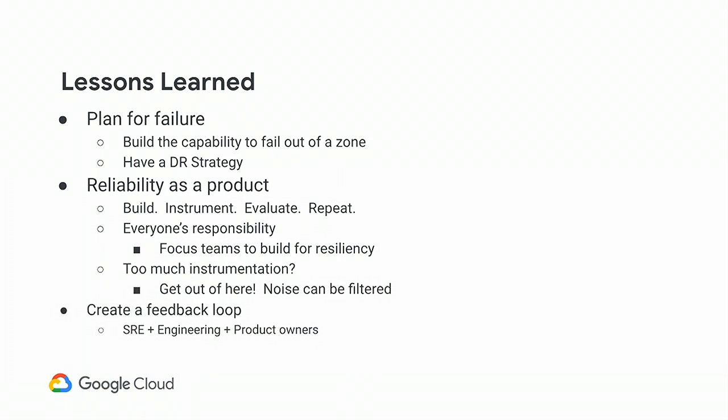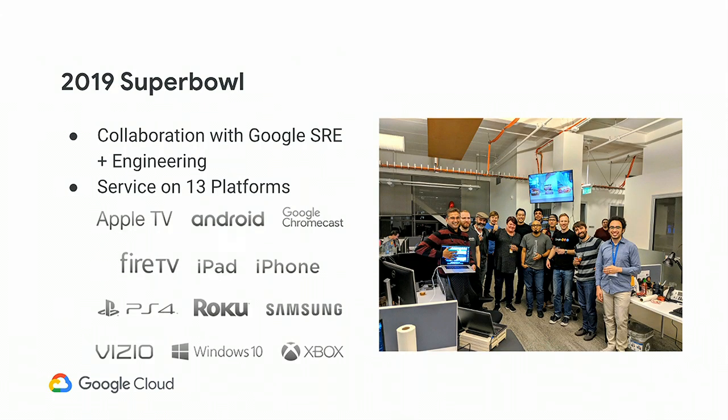Create a feedback loop. I think this is one of the bits about building out an SRE culture. You have to be in a situation where you have a blame-free culture that allows instrumentation to get surfaced and not have the person that's reporting the issue be blamed for X, Y, and Z. It has to be well absorbed by the product engineering organizations, and it's a team effort. That's the bit about SLOs and SLIs here, and let Jason talk about the Super Bowl.